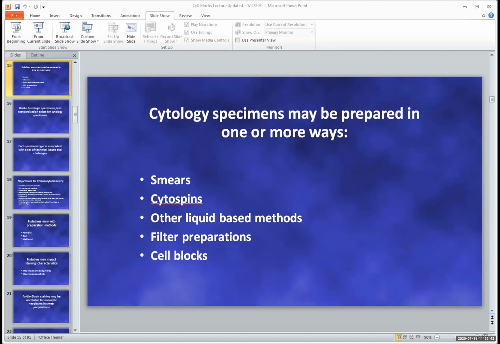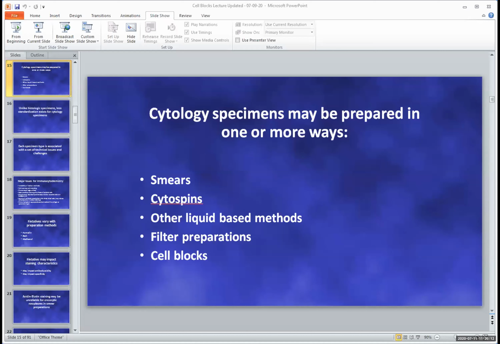Filter preparations are rarely used today. Certainly, I don't use them for FNA material or for things like peritoneal or pleural fluids. They have traditionally been used for CSF fluid, and some institutions still utilize them for that, but I think that certainly they are being de-emphasized for a variety of technical reasons,